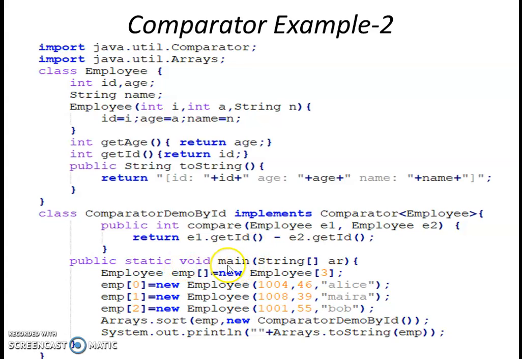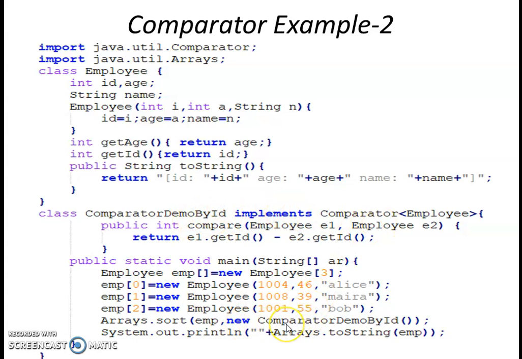Now we have main method. We have array having 3 objects. So now here you can see one object ID 1004, age 46, name Alice, and in similar fashion we have other objects. Now again we are calling Arrays.sort method, and we are providing two parameters. One is emp, that is array to be sorted. Next parameter is instance of this class ComparatorDemoByID, because this class implements comparator.